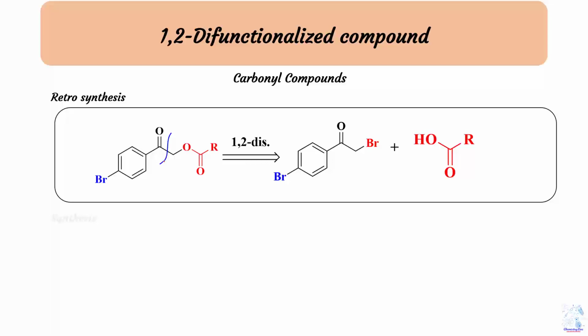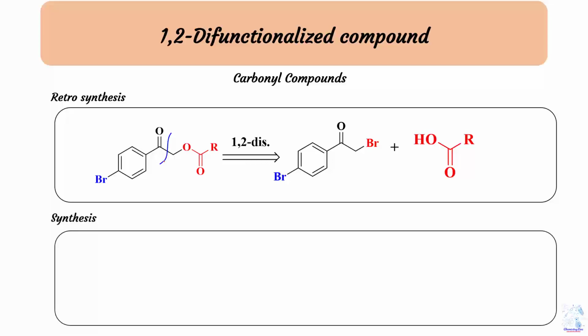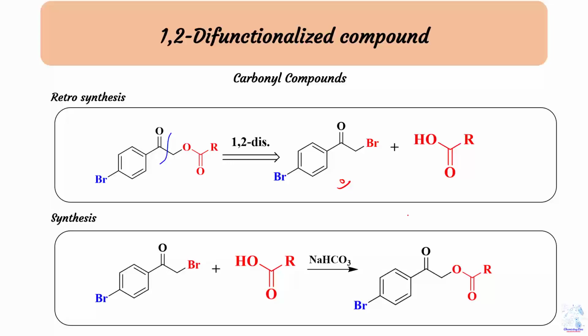So if we think again about the synthesis of that one, what we need, we will get this compound. We'll get this compound with the acid in the presence of base. We will get our targeted molecule. That targeted molecule synthesis is in such an easy manner, but before that we have to disconnect it through the 1,2 disconnection. This reaction is simply carried out in the way of making a crystalline derivative of a liquid carboxylic acid for purification, identification and protection.